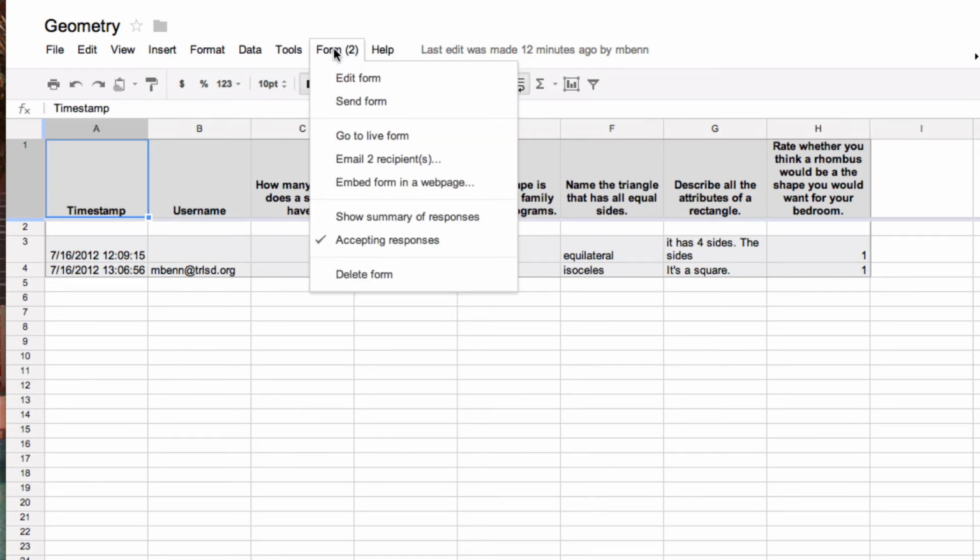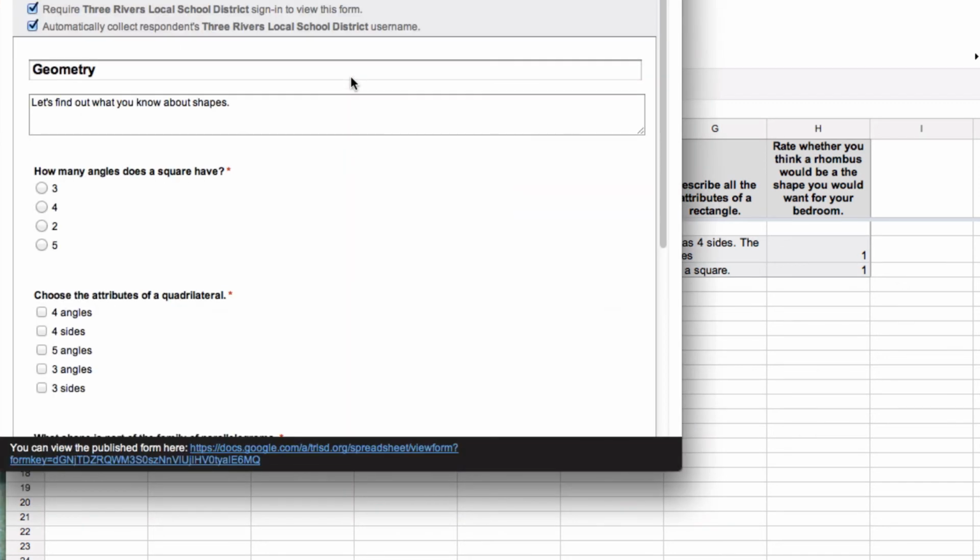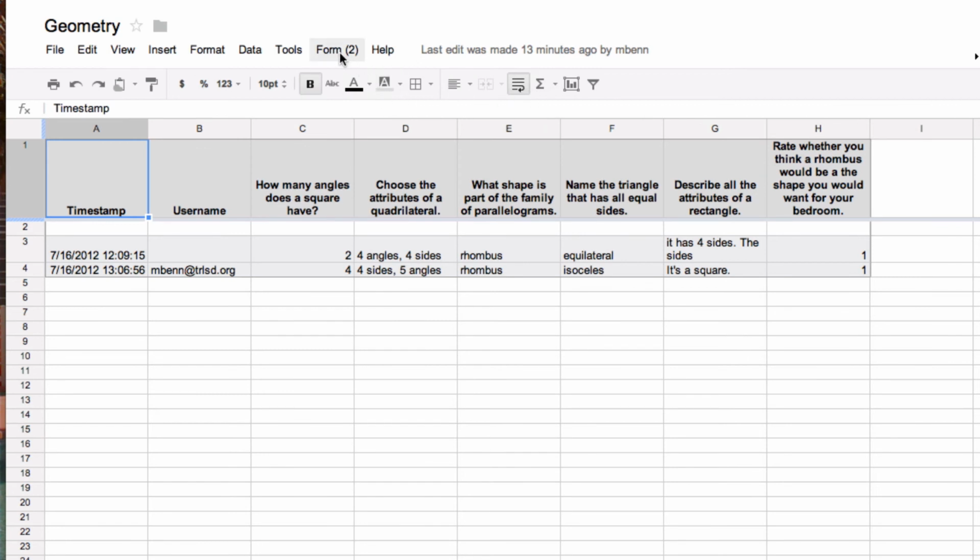Now, if I wanted to go back and edit the form, I could actually go up here to Form and hit Edit Form, and the form comes back, and that's what I did when I turned this part on. I just went back in and edited it. And so I can go in and edit the form anytime I want. Another thing I can do